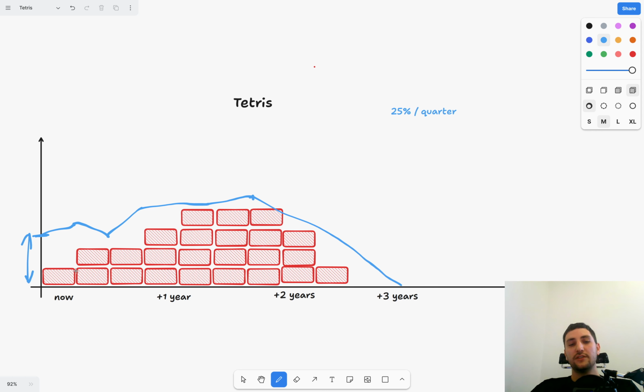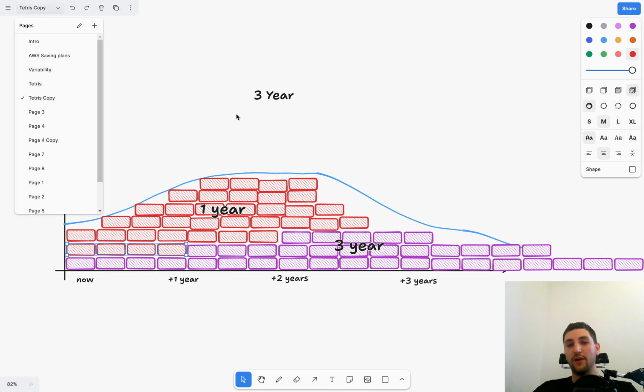And if you buy even more frequently, let's say on a monthly basis, you would have even more options to cover this chart, because your squares are going to be smaller, and you would be able to match this shape even better. You are not limited to 25% or 22% discount, because you could even push this further.